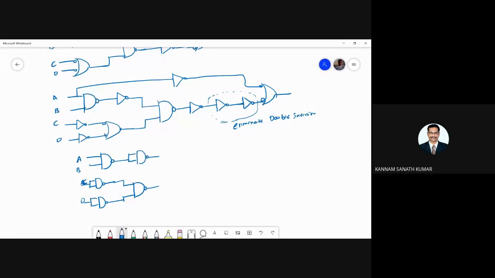So this inverter is converted into a NAND gate. Again, this is given to a NAND gate. So this inverter is converted into a NAND gate. So this input you are getting. So this is a NAND gate. Again, whatever the bubbled OR gate is, convert it into NAND. So this is the function, and all the gates are NAND gates. These are in NAND logic. So this is the process to convert the given expression.